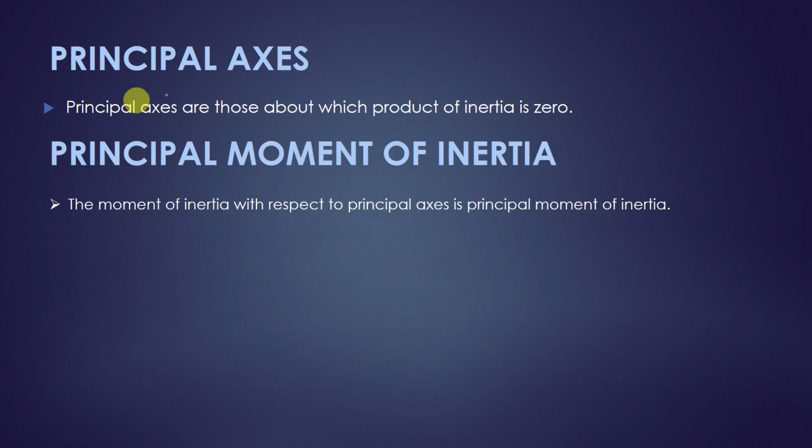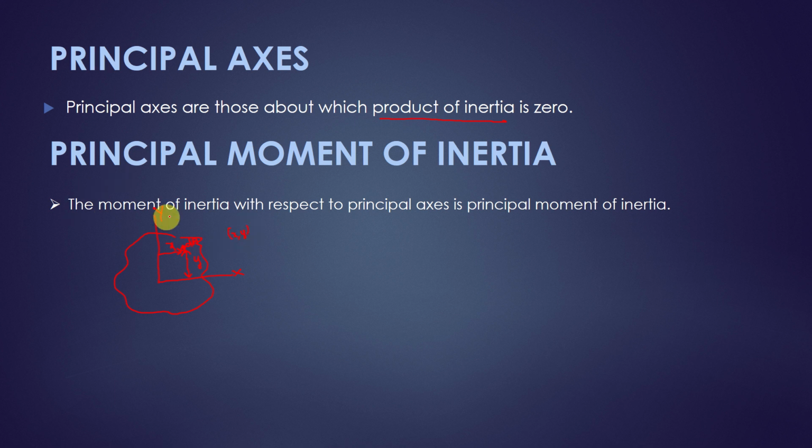So let us come back to principal axis. What are principal axis? Principal axis are those for which the product of inertia is zero. Before that, let us know what is product of inertia, as we have the term here. Let us see any body over here and having x and y axis, and here a small element with area dA I have taken, and the y coordinate is small y and the x coordinate is small x, having coordinate let me say x comma y, right?